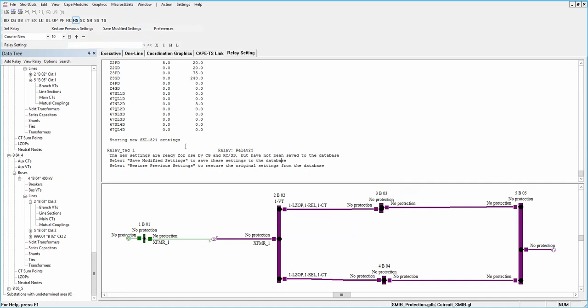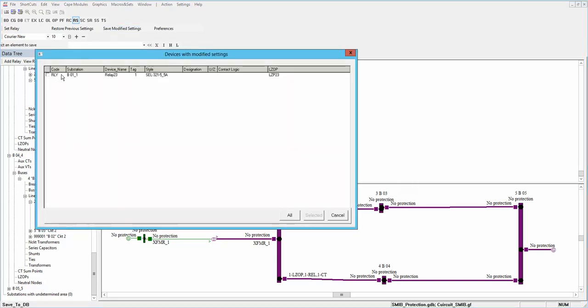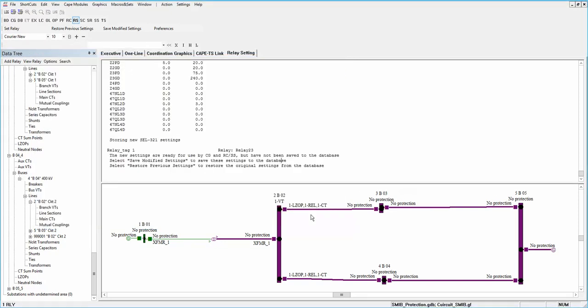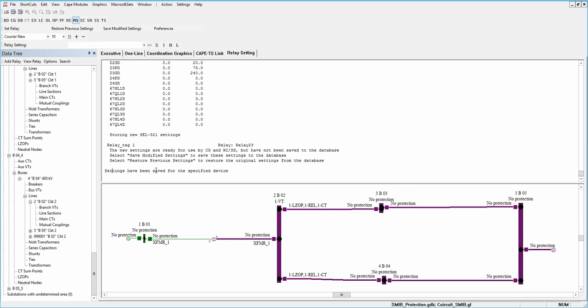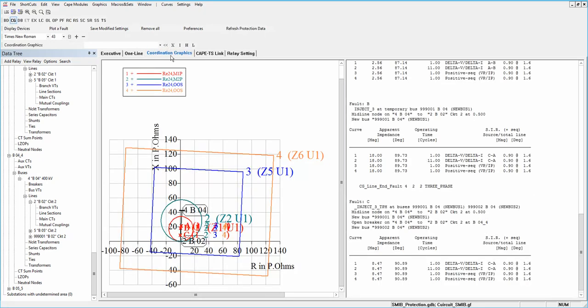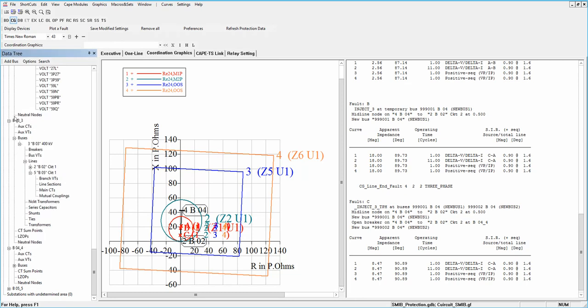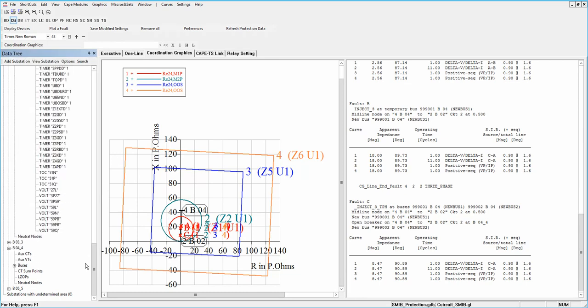So before closing this tab, you should save this modified setting, and right now it says that the settings have been saved. So you can change these settings by going to the coordination graphics and finding that specific relay,